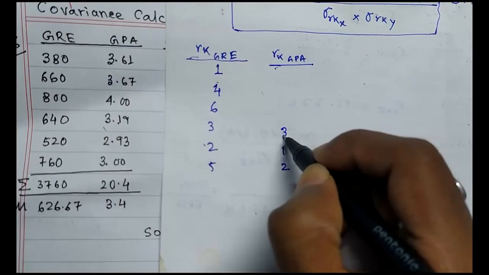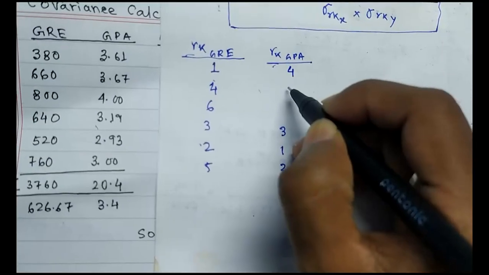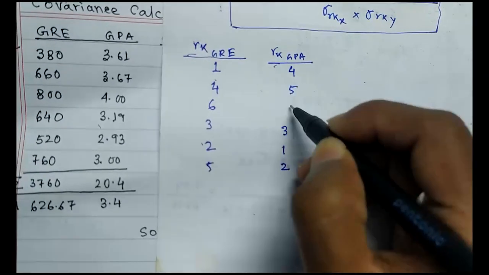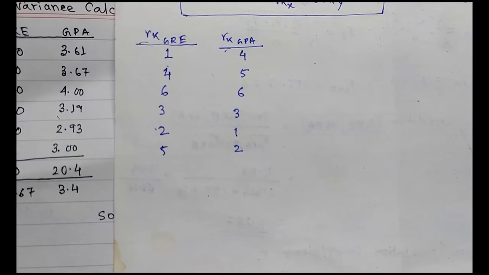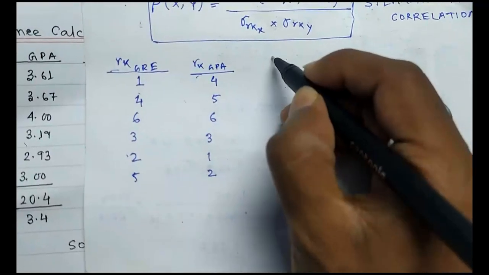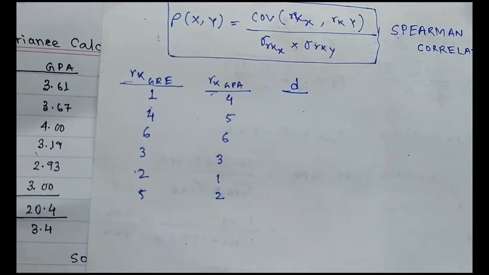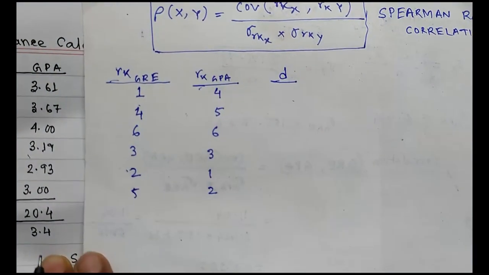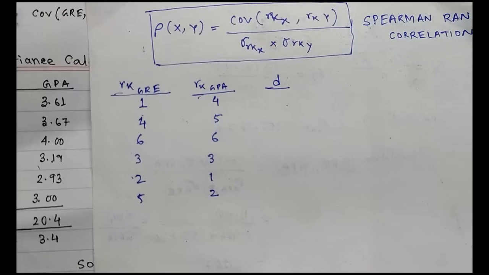This is the third value. Then this is the fourth value. 3.67 is the fifth one, and this is the sixth one. So this is how we find out the rank of GPA. Next, what I need to find out is D, that is the difference between the rank of GRE and the rank of